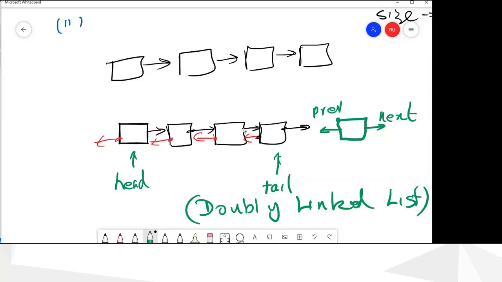Okay, so we will discuss how to write it. It's almost the same, but the only thing is we have 2 pointers to work on. So if you want to change one link, you have to change 2 pointers. That is the only difference here, and it will be easier to program a doubly linked list because we can go both ways, forward or backwards. So it will be easy to program, and we will discuss this in the next lecture.